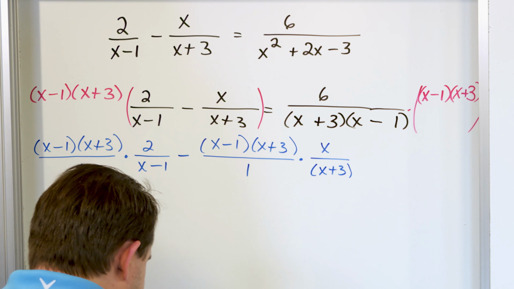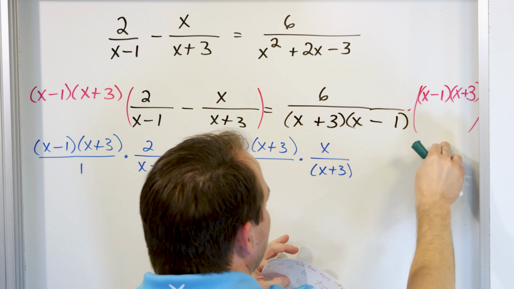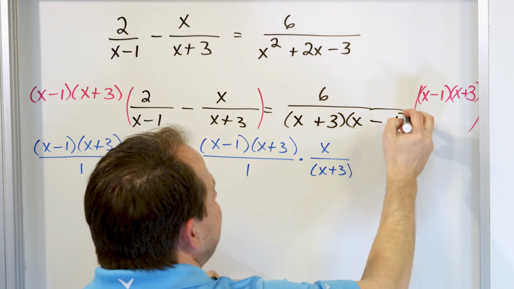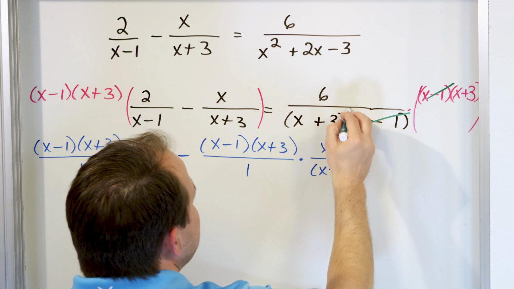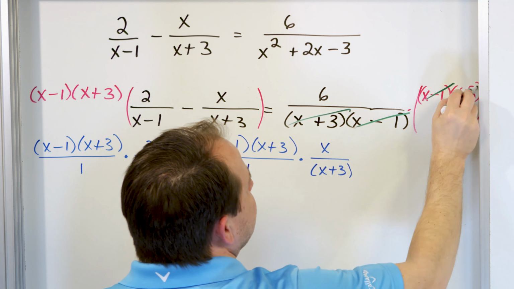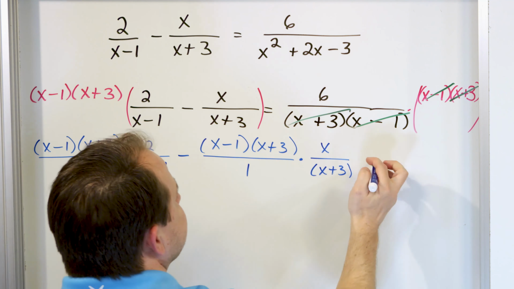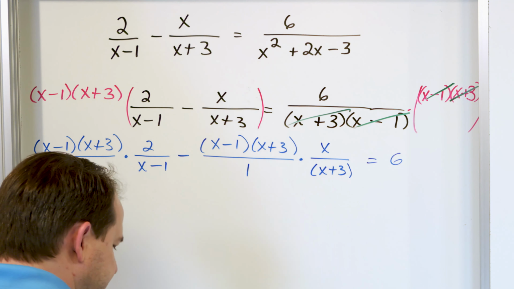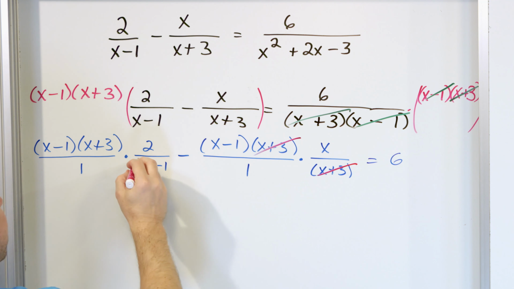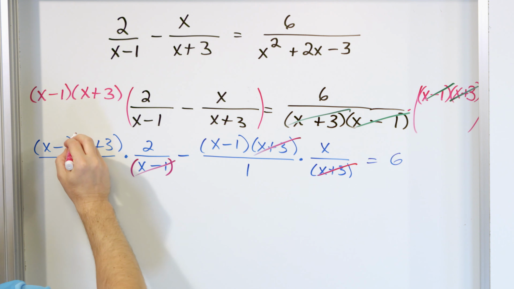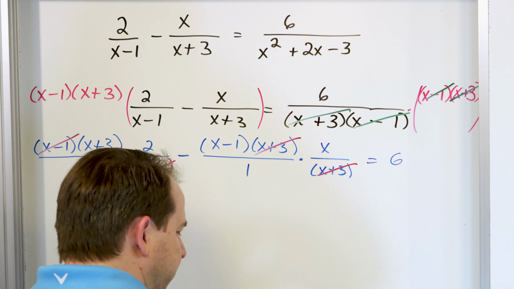All right? And on the right-hand side, I could just rewrite the entire thing over again, but I can see it easily that you have this over 1, it's going to be multiplied. So the x minus 1 here, just to save a little space, will cancel with the x minus 1. The x plus 3 will cancel with the x plus 3 that's over there. So really all you're left with on the right-hand side is just the 6. And then continuing through here, we have the x plus 3 canceling with the x plus 3. There's an implied parentheses, x minus 1 cancels there. And at the end of the day, we should have nothing in the denominator other